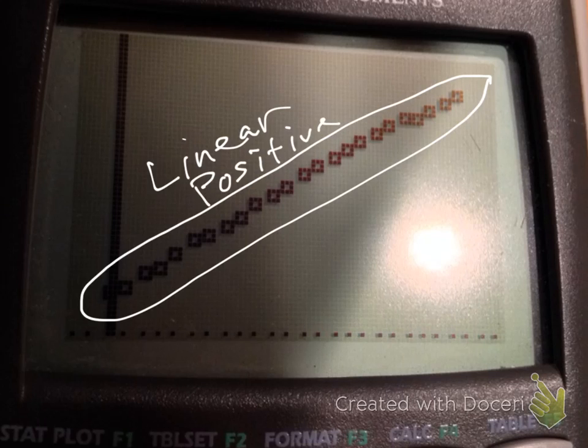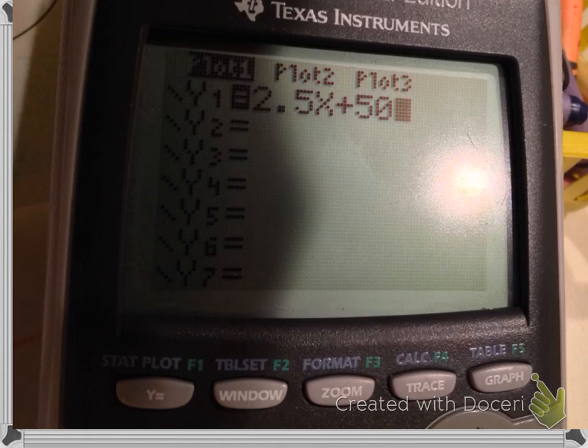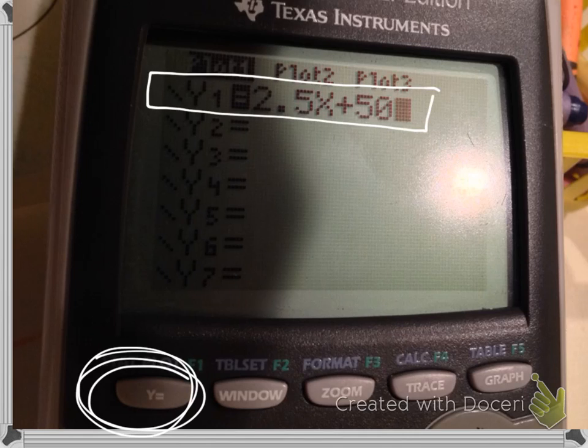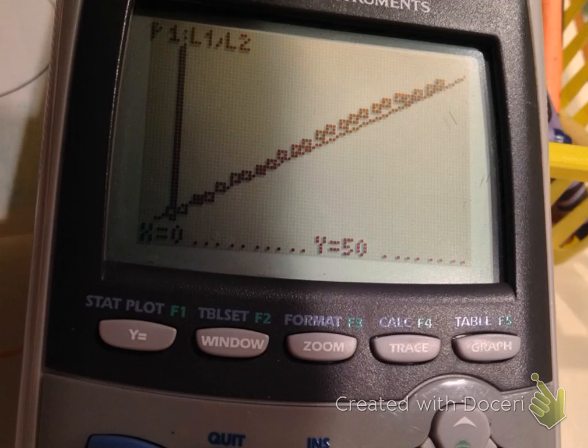Okay. And the last thing you need to do is go to y equals right here and type in your equation and see how we did. Hit trace when you're done, and you'll get this, and you can see your line of best fit